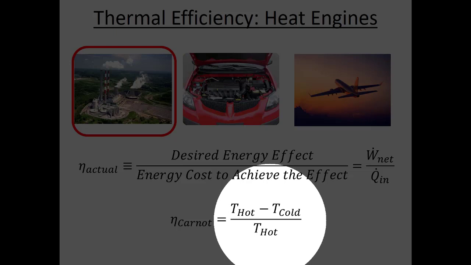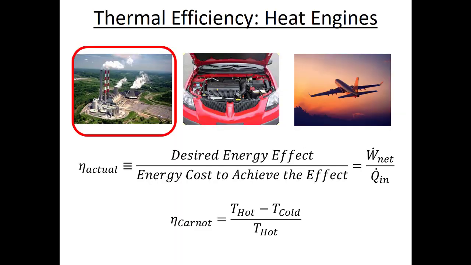So for a heat engine, we know that Kelvin and Planck told us that heat engines get hot, so they need some place to reject heat. They need some heat sink, which means we can't turn all the input heat into work. So the Carnot efficiency gives us some idea of the maximum efficiency that we could get, theoretically. And even that we can't actually get, but we can asymptotically approach that performance that's given by the Carnot equation.